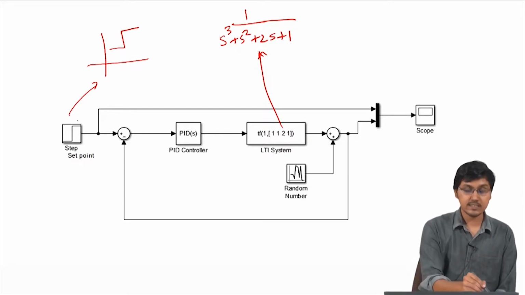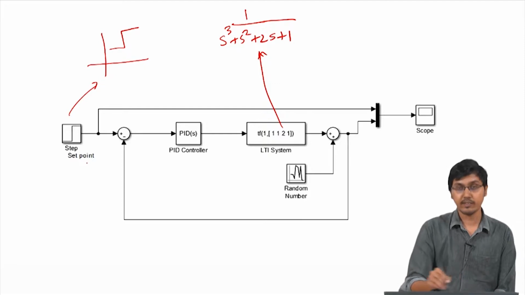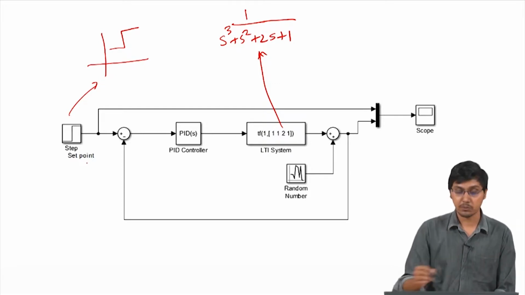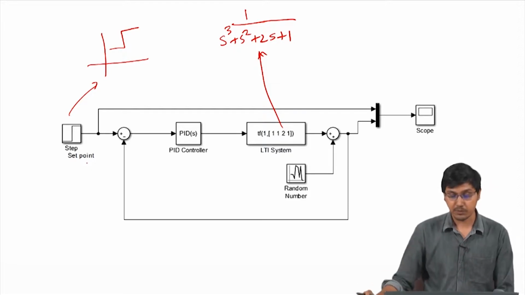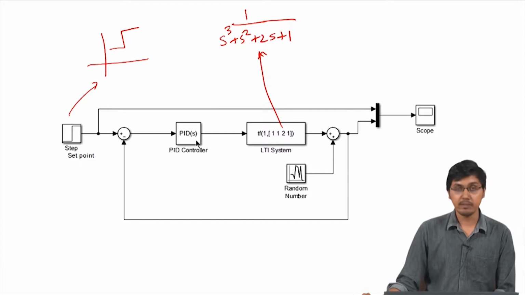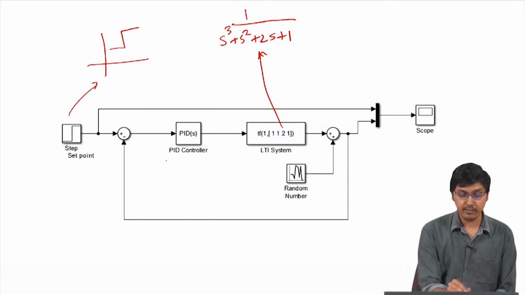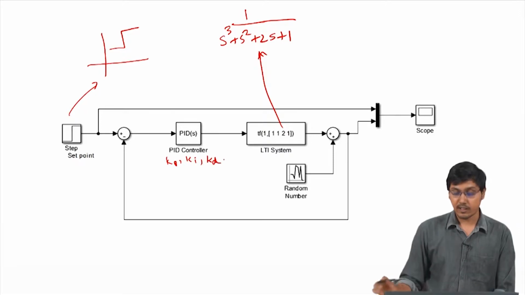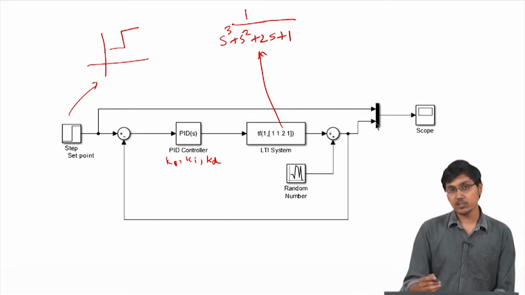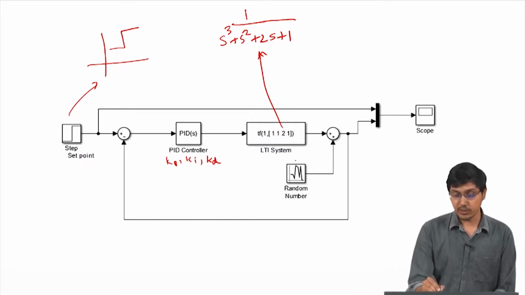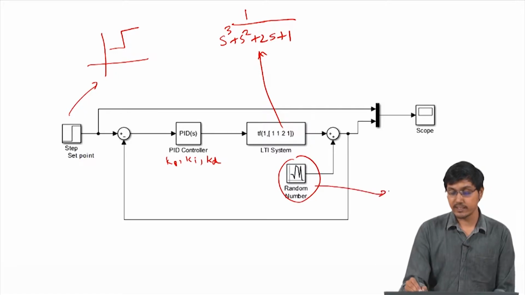We change the set point and then see how the output follows it, and the input signal for the set point is nothing but a step input. This is a PID controller block that is built into MATLAB. It has Kp, Ki and Kd, and we are going to observe how the output changes. Towards the end we will also use this block, which generates noise.